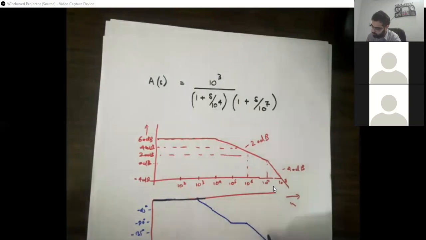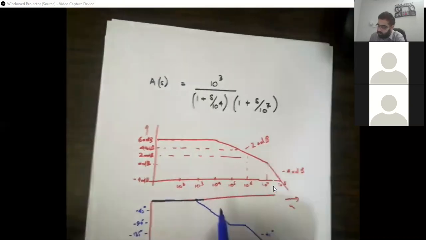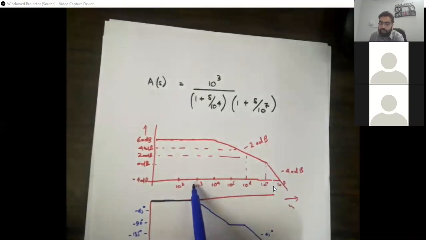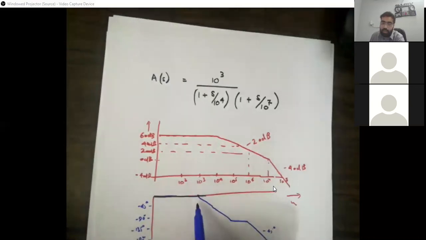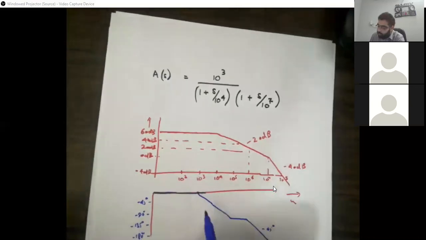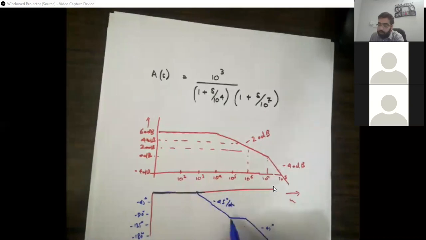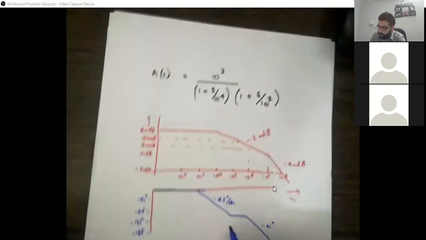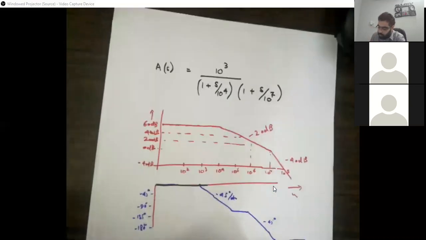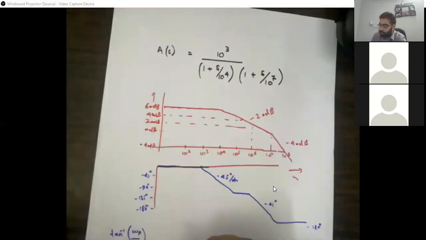सर यहाँ पर सर ये जो आपने minus 90 के ऊपर एक stay लिया सर, could you explain this? Okay, so we start with the 10 times less than the omega naught, which is 10 to the power 4. ठीक है, तो मैं यहाँ से start हुआ, so it's minus 45 degree per decade से, and I will continue until I reach point minus 90 degree, क्योंकि एक पोल का overall response is going to be maximum minus 90 degree. ठीक है, 10 inverse omega p by omega जो होता है वो minus 90 degree आपके पास आ जाता है.